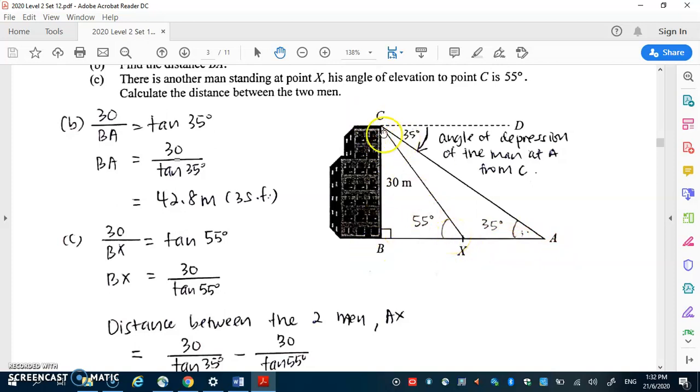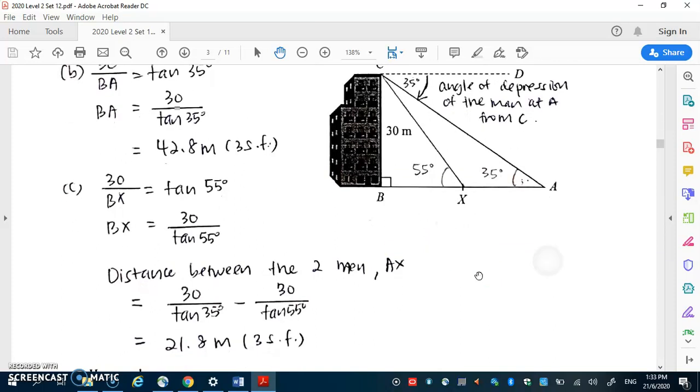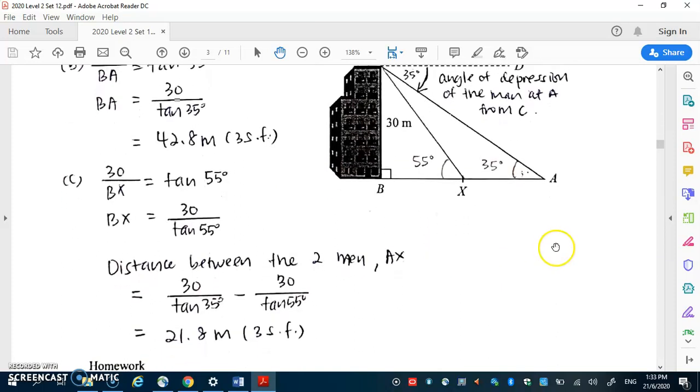Tangent 55 is equal to opposite over adjacent to find BX, because part B we already found BA, right? So if we know BX, then we can subtract away and find XA. So write down tangent 55 is equal to 30 over BX. Therefore, BX is 30 over tangent 55. Hence, you find the distance between the two men by taking 30 over tangent 35, which is BA, and you minus away 30 over tangent 55, which is BX. Okay, and immediately you will get 21.8